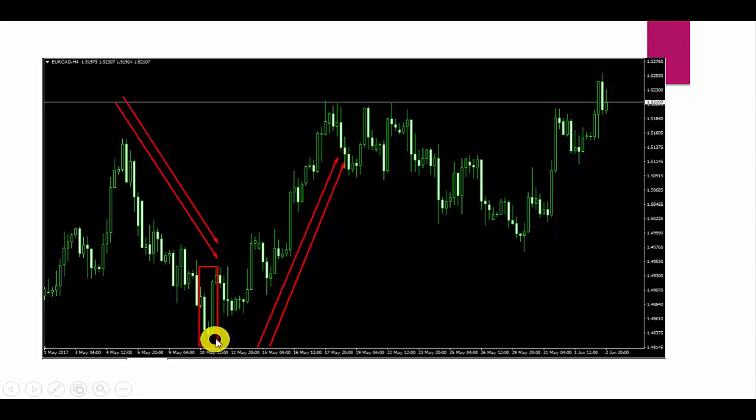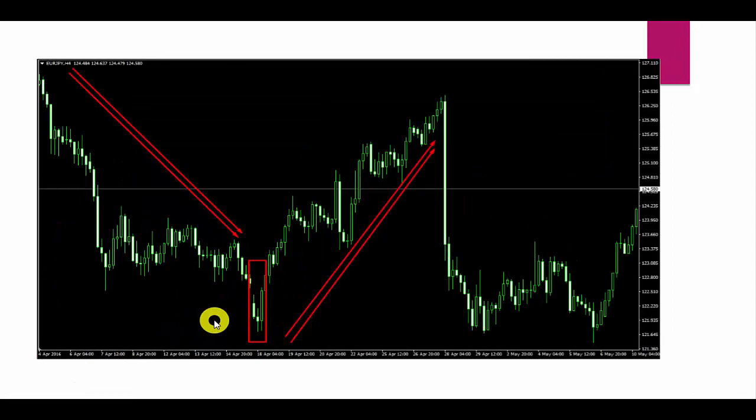So right after that we will wait for some retracement, and then we will take entry. This lowest point will be our stop loss, and we will adjust our take profit ratio with 1 by 1 or 1 by 2 ratio. I will suggest you a minimum 1:2 ratio. It means as the market was falling, sellers have taken out their profit. This candle was strong bullish. It means bulls are back in the game, and the overall trend has been changed and the market went up. Okay, so this was the example of the EURCAD morning star candlestick pattern.